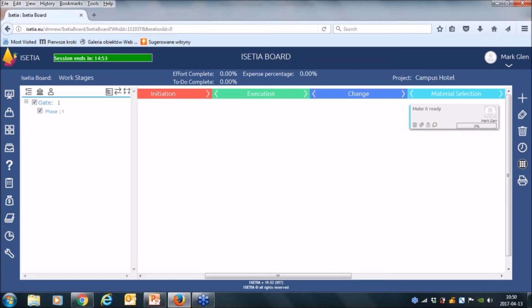So ISETIA board, just to summarize, it's the way how to manage in detail your work and how to establish the process which is on the bottom of some work packages and work to be done, and you can use ISETIA boards instead of many activities, relations, and so on.